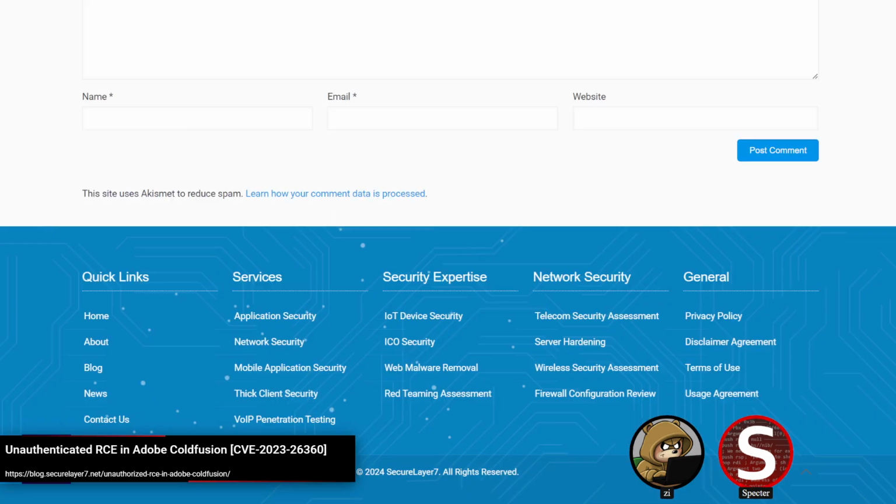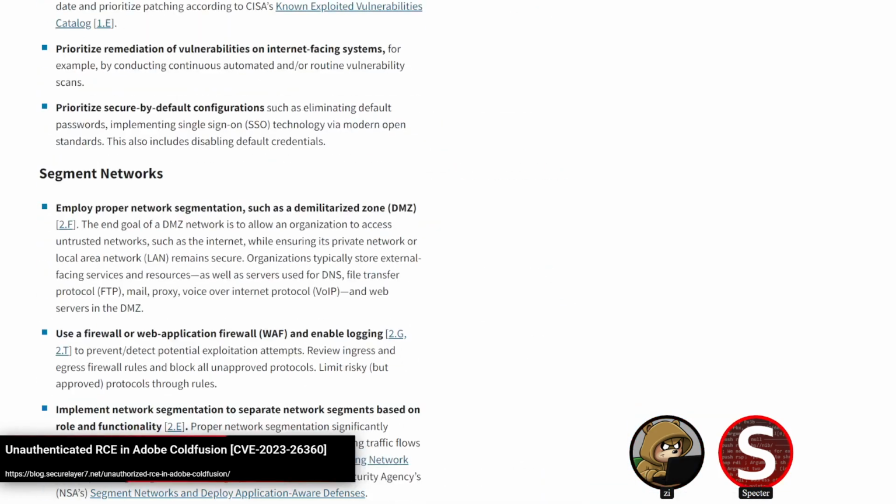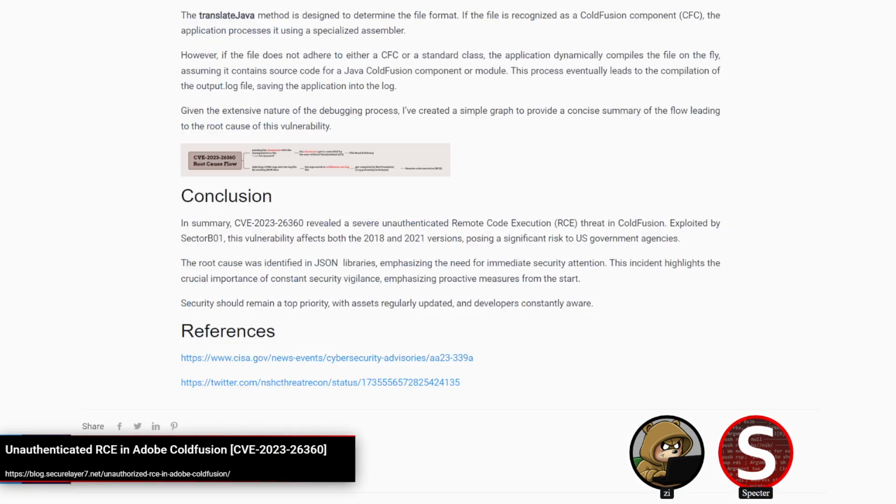I'm just taking a look at the CISA advisory to see if maybe the patch would have been mentioned there. Yeah, I don't see anything on the patch. Oh well. But yeah, I'm guessing it's just mitigating that class name vector and either not allowing it to be attacker controlled or heavily restricting it. Honestly, it feels like a very insecure function to even have in the first place, very insecure design. I was curious how they would have patched it, but I can't find that information. So maybe they just removed XML RPC.